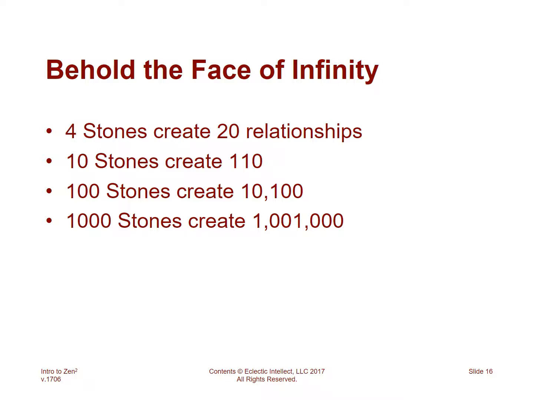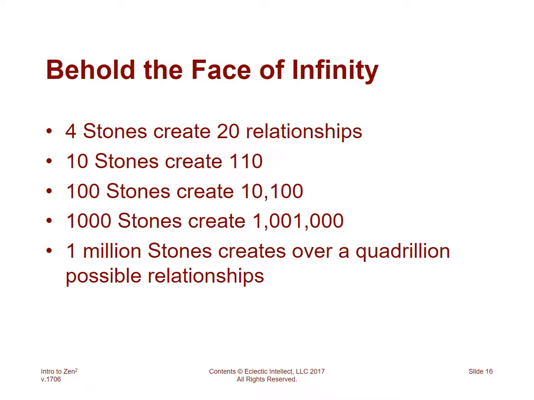So as you see, as you go up these numbers, if you had 1,000 parts in a device, or if you had 1,000 people in a business unit, there are potentially 1,000,000 plus interactions between those that could either be a source of value or a source of challenge to you. Many of them will be irrelevant, of course, in the real world, but the potential is there that all of those could be important to you. And when you get up into the millions, such as happens with social networks or other infrastructure systems, you can end up with a quadrillion possible relationships.